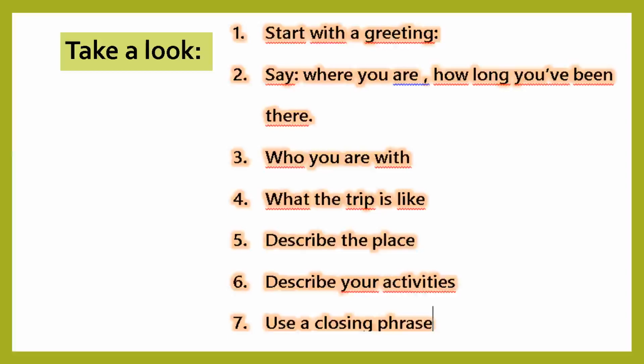Describe your activities. Describe your activities. In this part, you are going to describe where you've been, what you've been seeing or done, where you're going tomorrow, what you'll do. Yes, acá puedes utilizar los diferentes tiempos gramaticales. ¿Qué vas a hacer? ¿Qué estabas haciendo? ¿O qué hiciste? ¿Qué vas a hacer mañana? Different activities that you can mention here in this part. And what else?